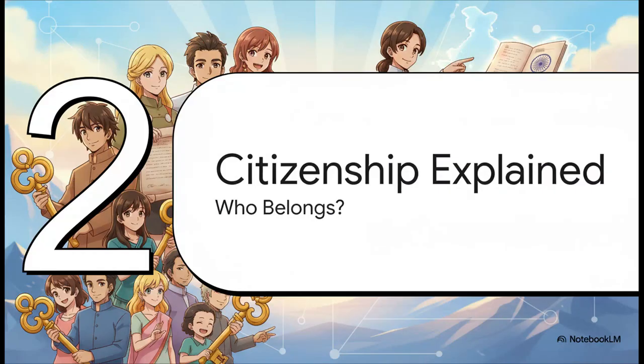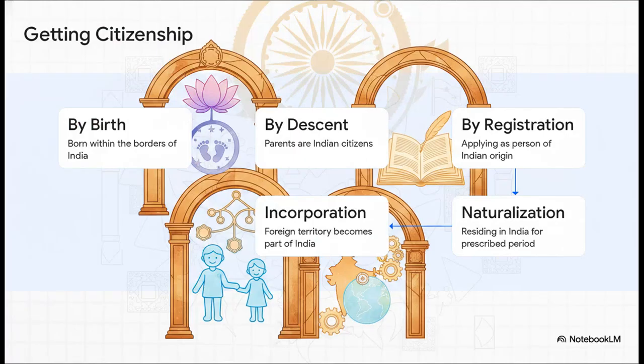Moving on to Section 2. The Residence. Citizenship explained. Now that we've got the property lines drawn, we need to know who actually gets the keys. Deciding citizenship in 1950 wasn't just a matter of filling out bureaucratic paperwork. Coming right off the chaotic, devastating crisis of partition, it was quite literally a matter of life, death, and massive human displacement. The Constitution managed that initial crisis, but then it wisely left the permanent rules to Parliament.